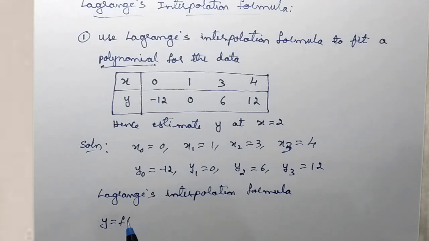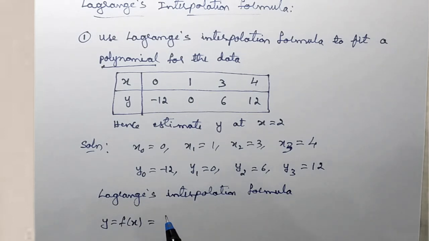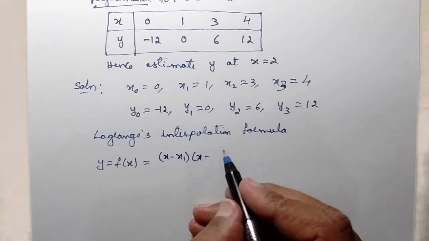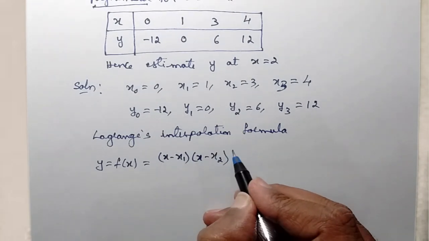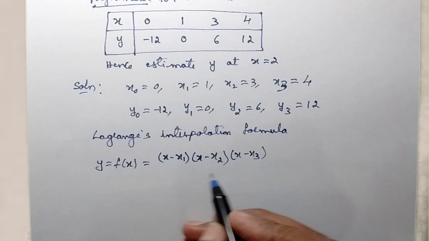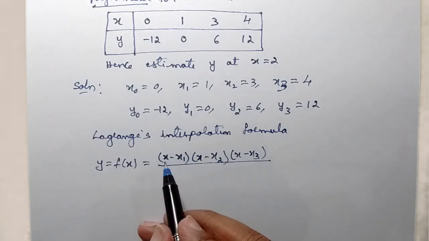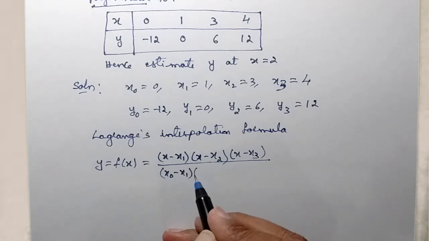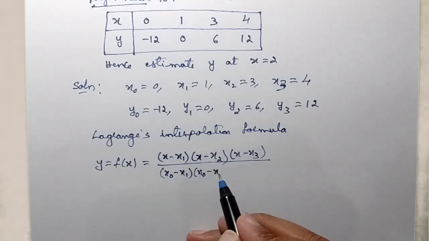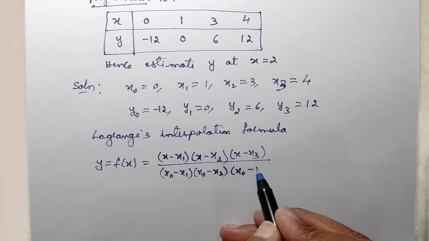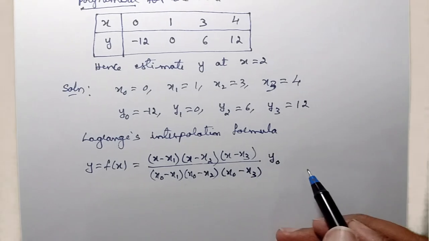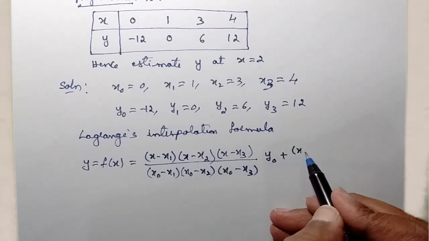Y equals, or you can write f of x equals: x minus x1, x minus x2, x minus x3, whole divided by, here x0 is missing, so replace x by x0: x0 minus x1, x0 minus x2, x0 minus x3, corresponding value of y will be y0,